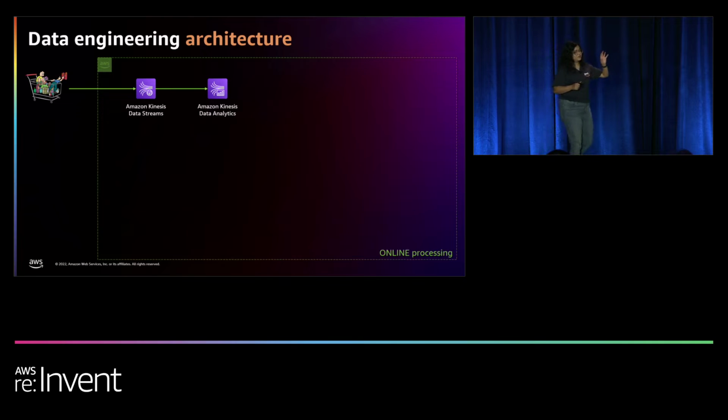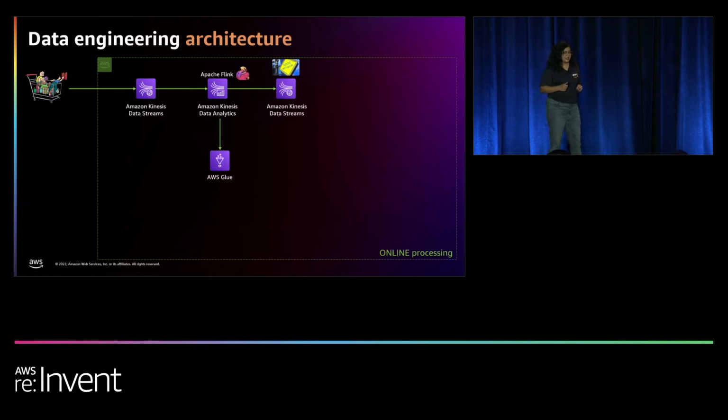Then we can have a lot of consumers from that Kinesis data stream. Now, in our case, we are using Kinesis data analytics that can read and process the streaming data in near real time. For the online processing, for example, we are looking at DDoS or fraudulent attacks scenario. So for the analysis, we are using Apache Flink, which is an open source unified stream processing and batch processing framework. We will also be using Glue to discover and evolve the data schema for that stream.